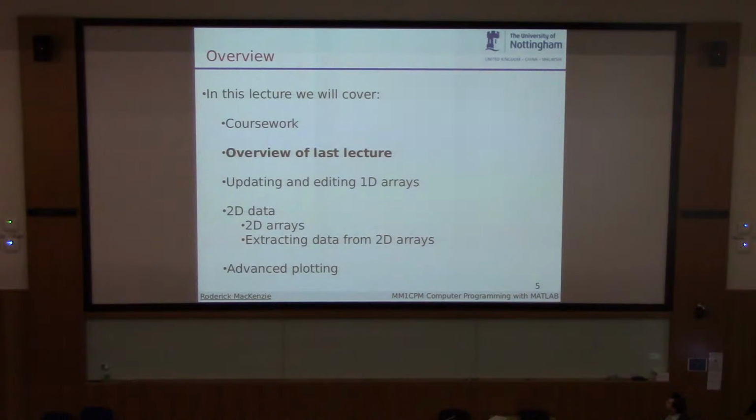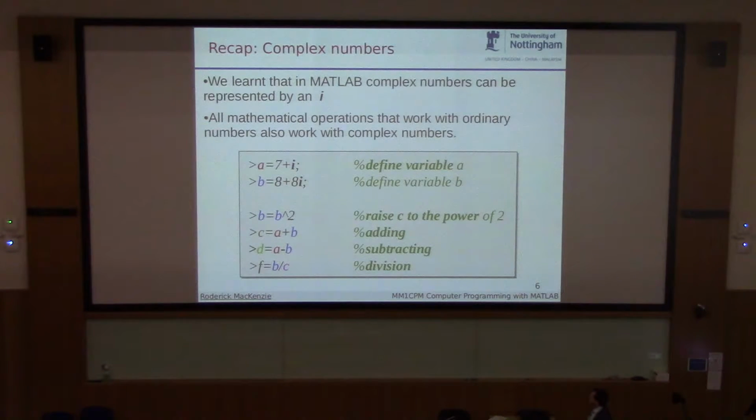Right, overview of last lecture. Last lecture, I told you all about complex numbers, and I said in MATLAB, it's incredibly easy to do complex numbers. All you need to remember is that i is for a complex number, just like in mathematics. Some engineers use j. I don't know if that works in MATLAB. I'll stick with i. So if you want to define a complex number a, you just go a equals 7